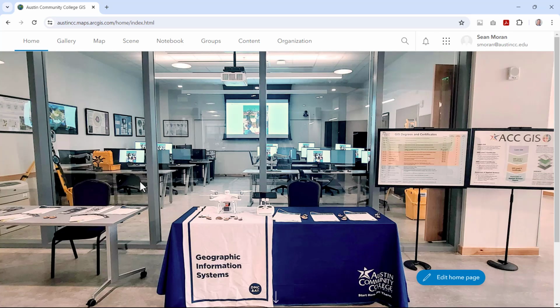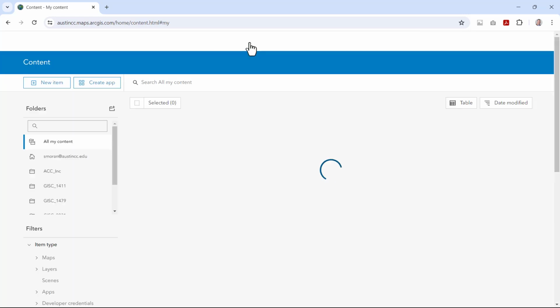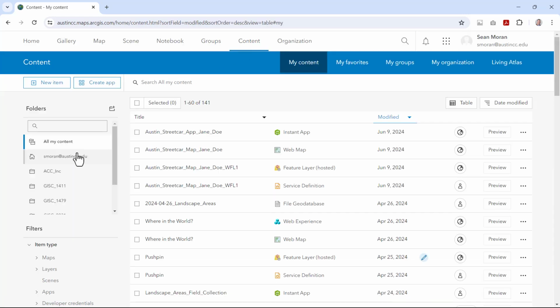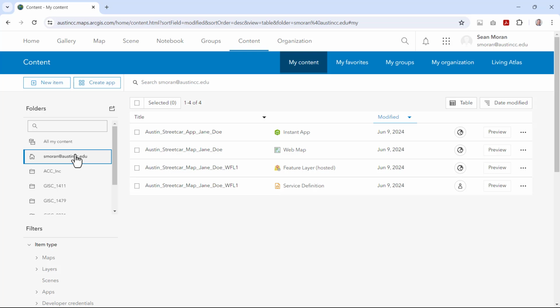That opens up my organizational homepage. I'm going to click on the content menu item. And then if I view my content, I can see there are my published ArcGIS Online items that support my instant app, including the service definition, which is just the configuration that you published. And if you look over at the sharing, that's only shared with the owner, but you don't have to worry